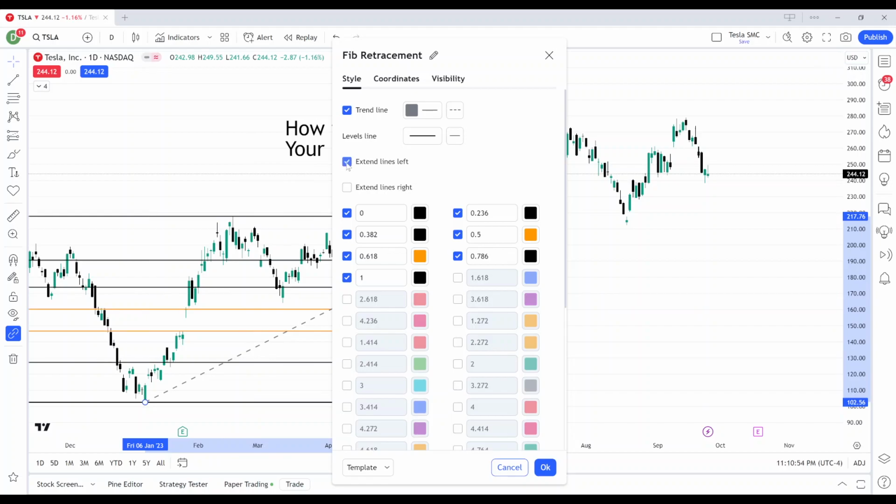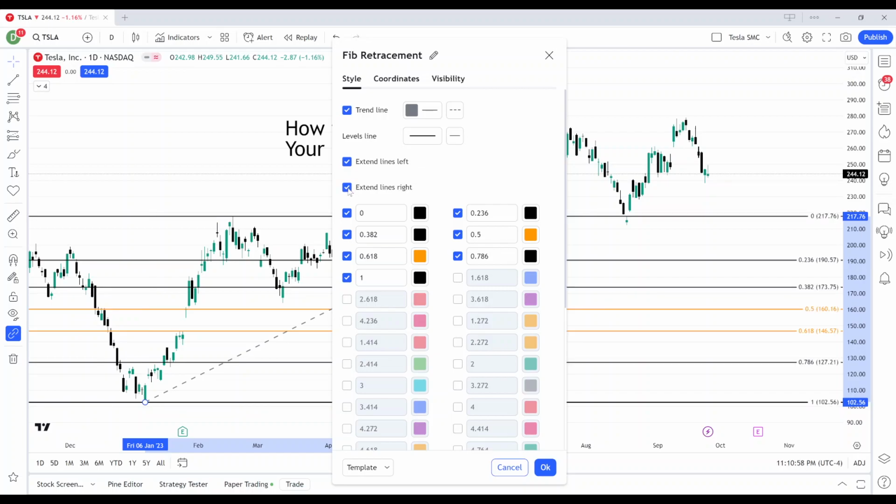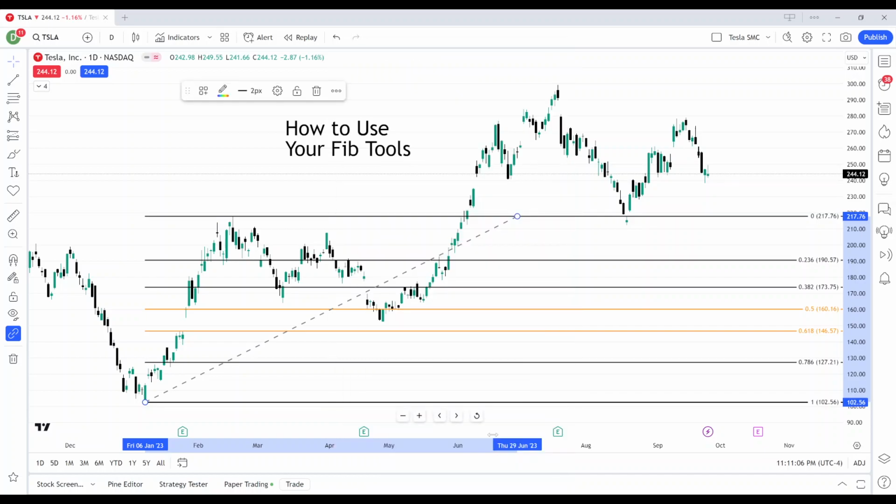You can also extend your lines left and extend your lines right, so you don't have to continue to drag those out. We'll leave the lines extended to the right because we're looking at price as it moves to the right. Okay, so